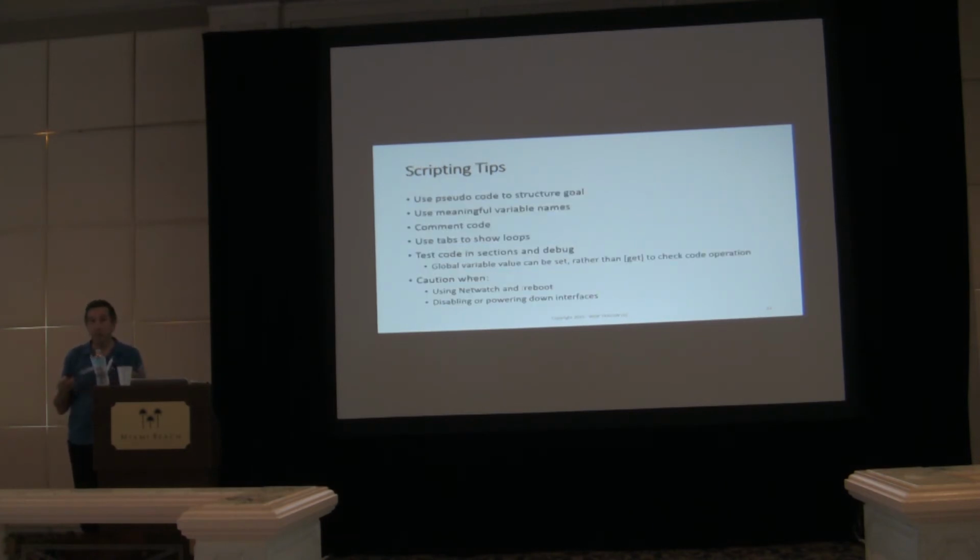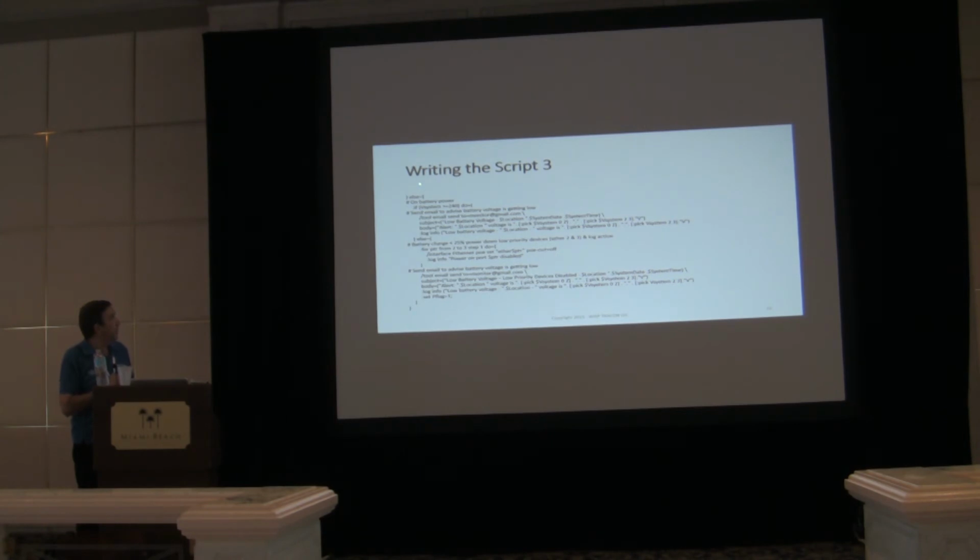When you look at building scripts, use pseudocode. It gets your thoughts in place, and you can figure out what you want to do. If this happens, what do I want it to do? You can then get to the code. Use meaningful variable names. If you write it, or somebody on your staff writes it, they may not be there tomorrow or 6 months later. You may not remember what that cryptic command you put in was. Comment the code. It's really useful when you want to go back later and update it. Use tabs to show where the loops are, so you can see where the actual loop is. Because you can see where the else,